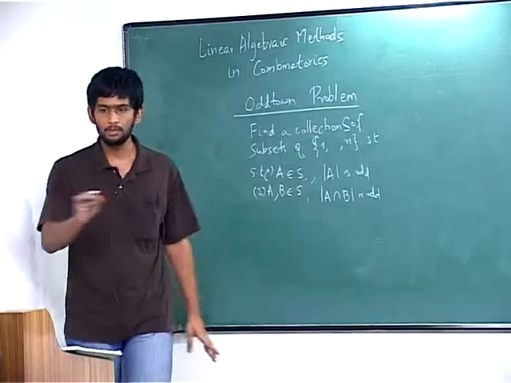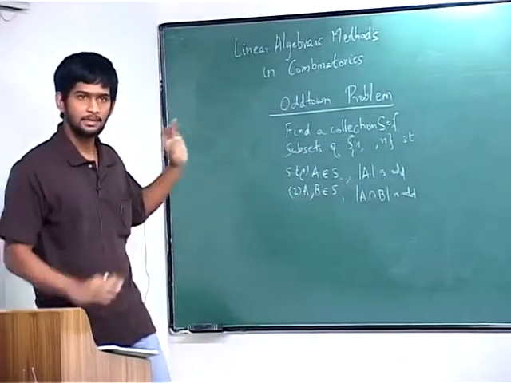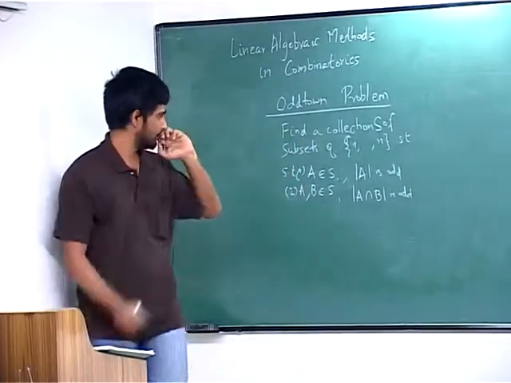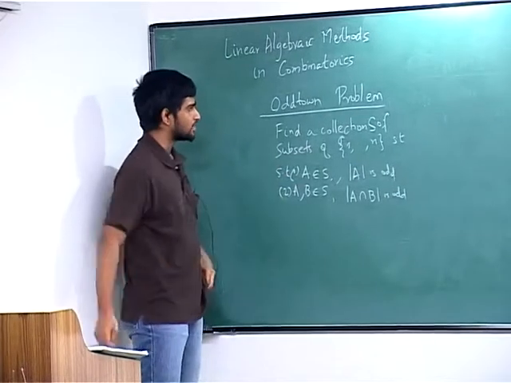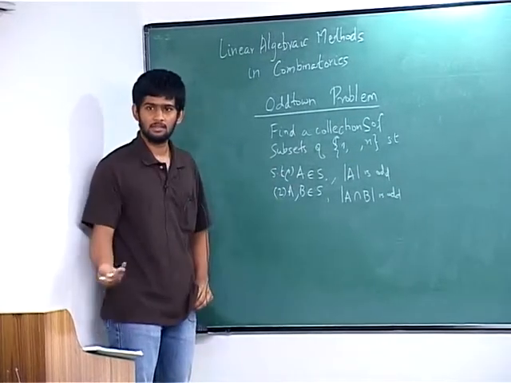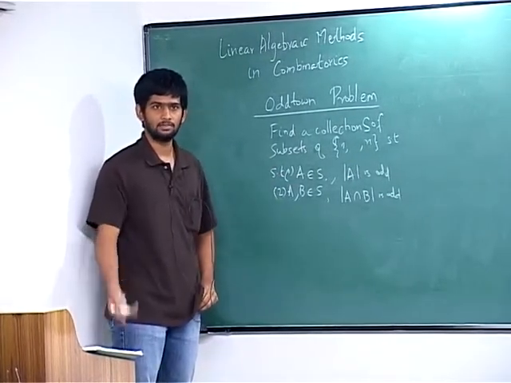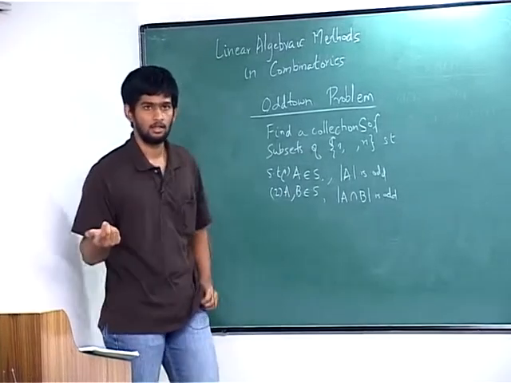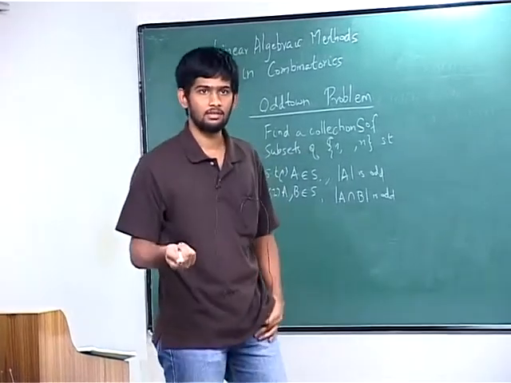So that is going to be the idea here. Almost everything is going to be similar. This is the basic idea that you're going to use throughout. So what is one way of associating vectors to sets? What is the way that comes to mind? What is the most natural way you can think of?